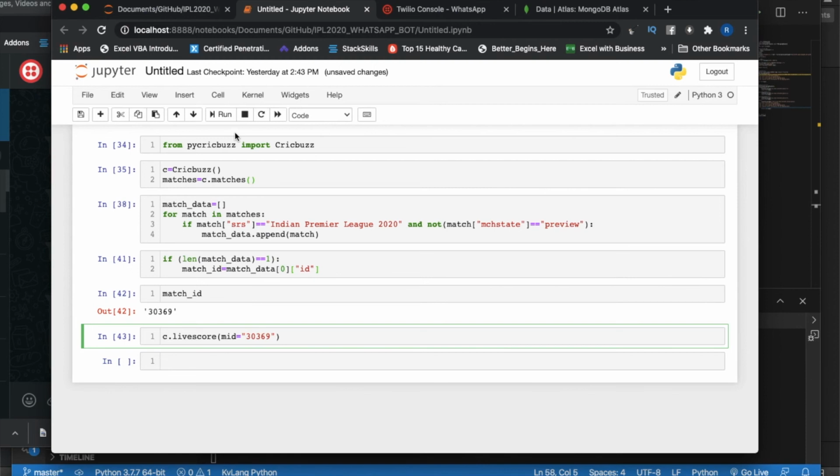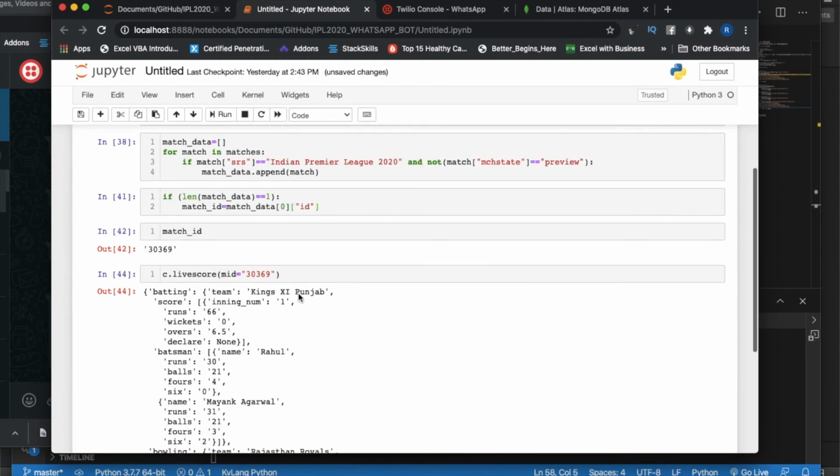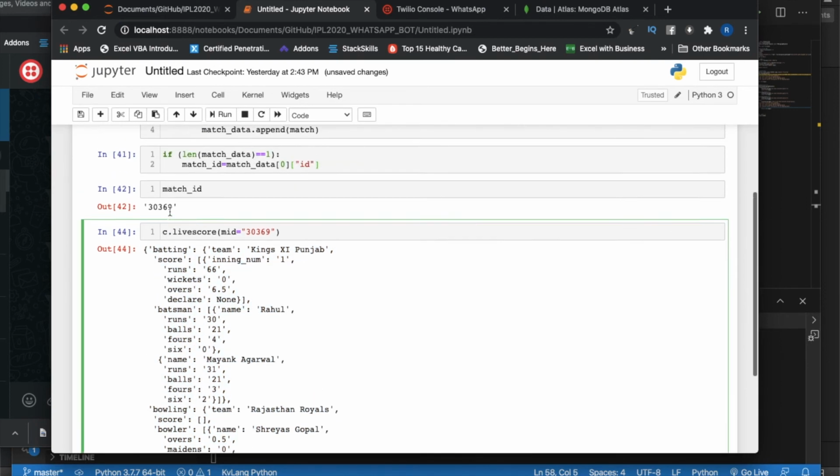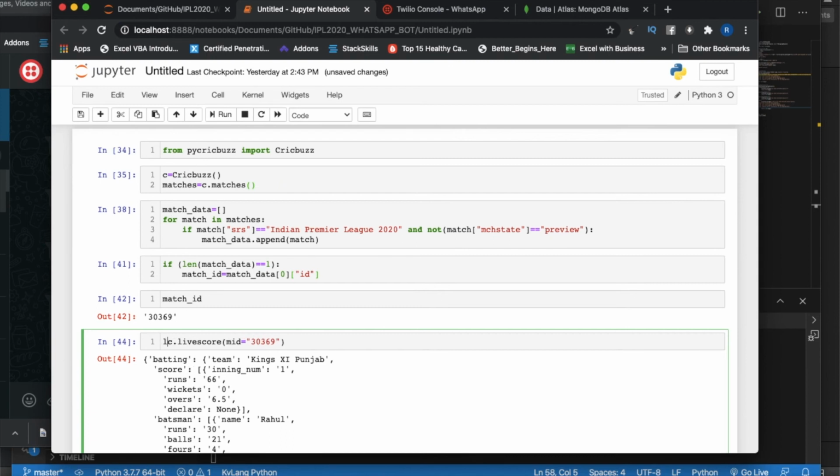Like this. So this is the live scoreboard. Batting team is Kings 11 Punjab and bowling team is Rajasthan Royals. If you want to just display this thing, you can just display this thing. Maybe live_score equals this.